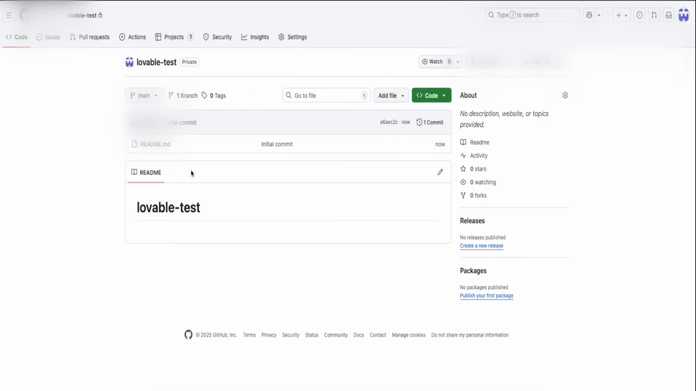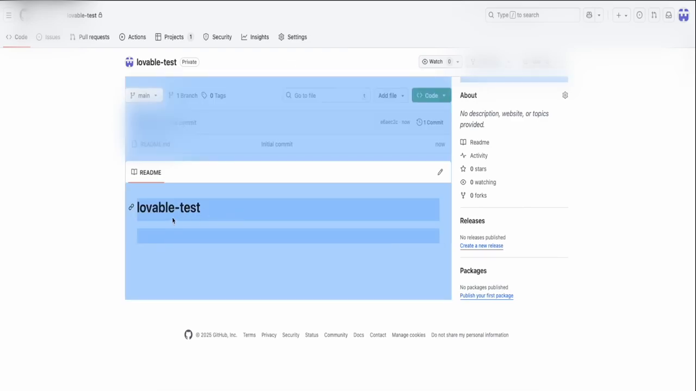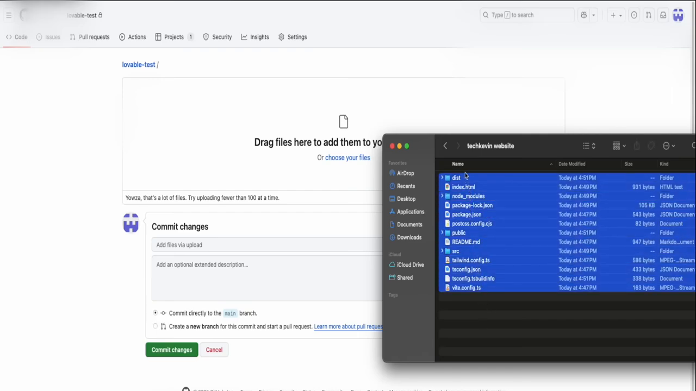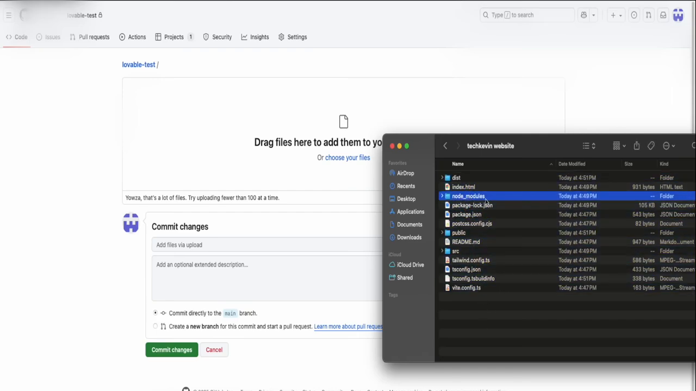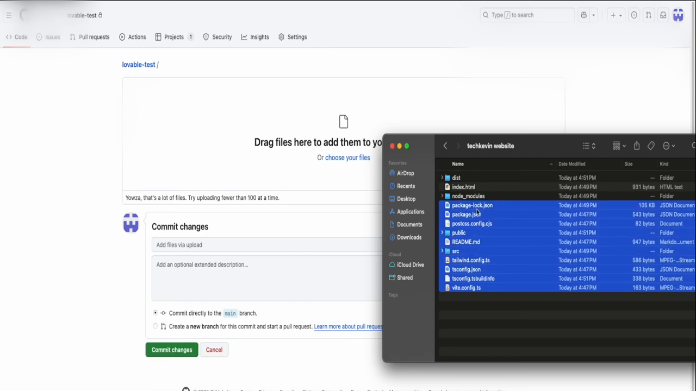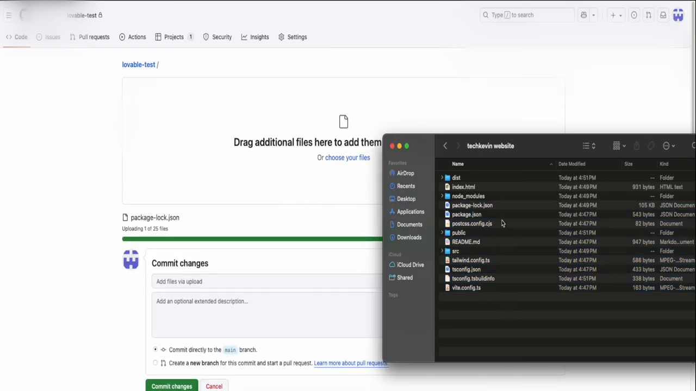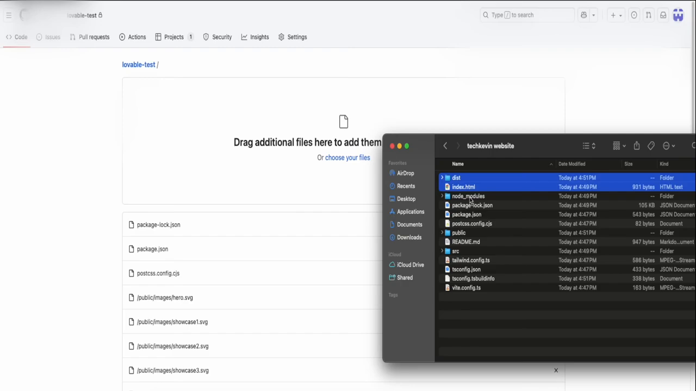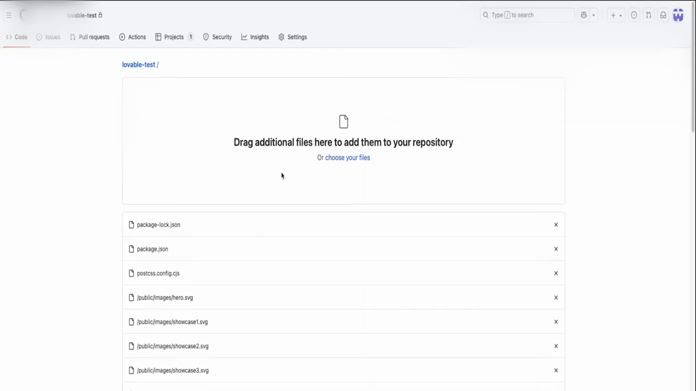You should see something like this, right? The Lovable directory that we created. What you're going to want to do next is click on Add File, and then click on Upload Files. Go back to the directory. You're going to copy and paste everything in, but don't copy this node_modules folder in. So we're going to copy and paste everything except that node_modules folder. So we drag and drop literally everything except this node_modules folder,